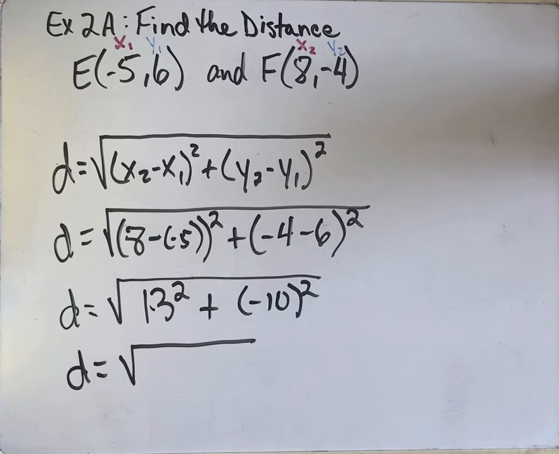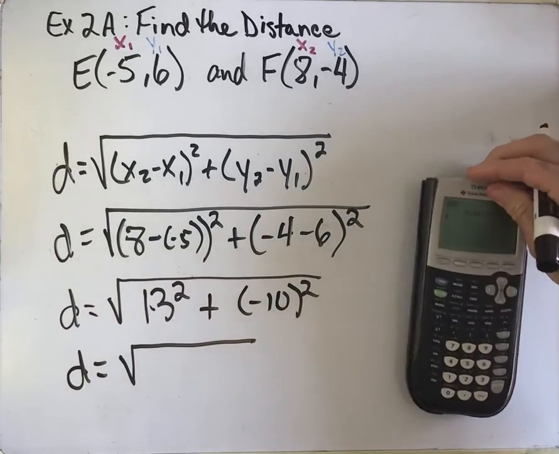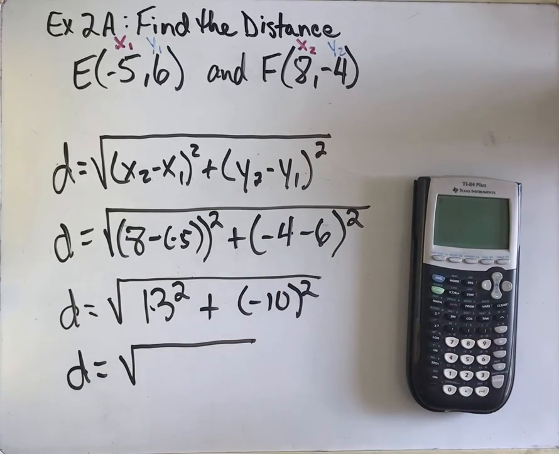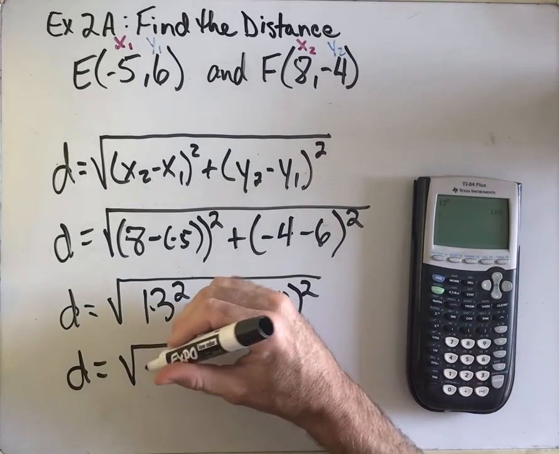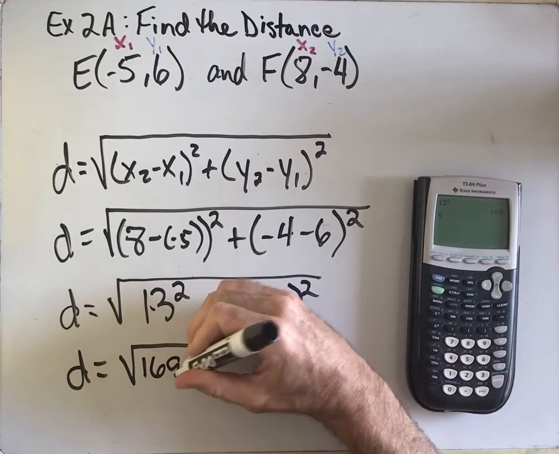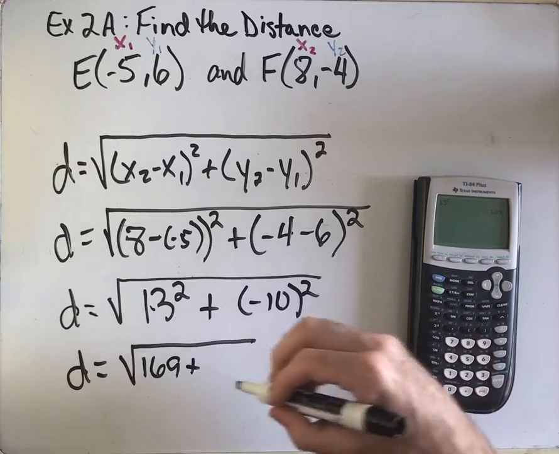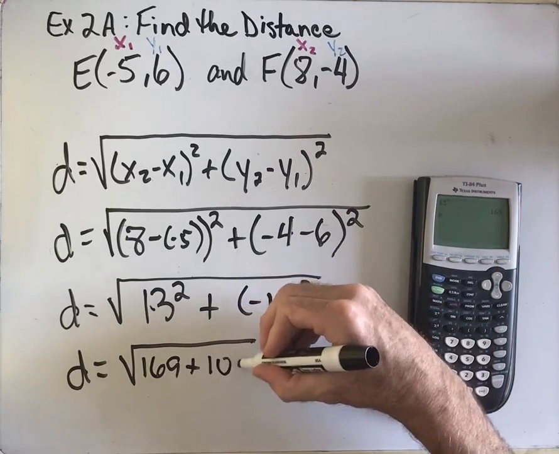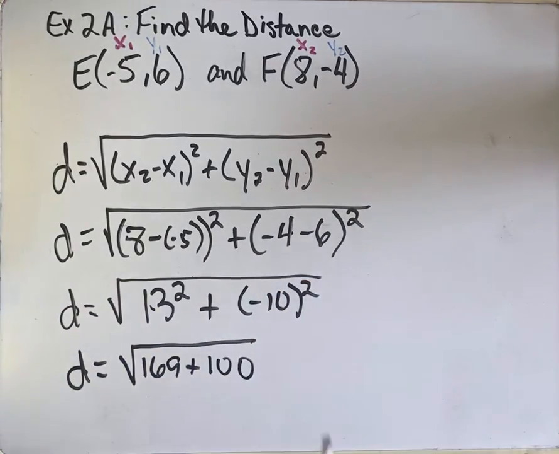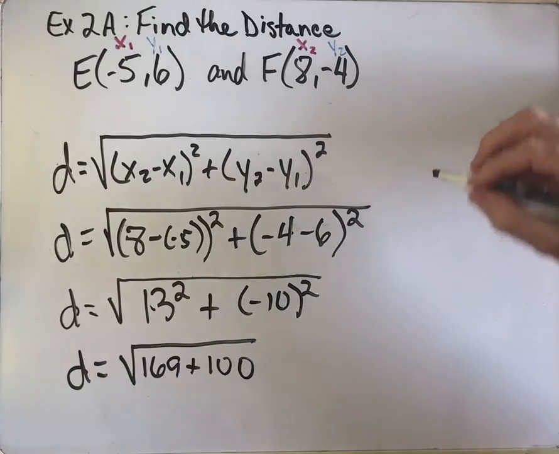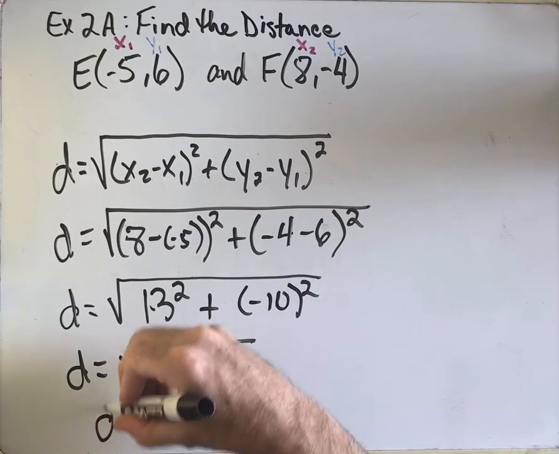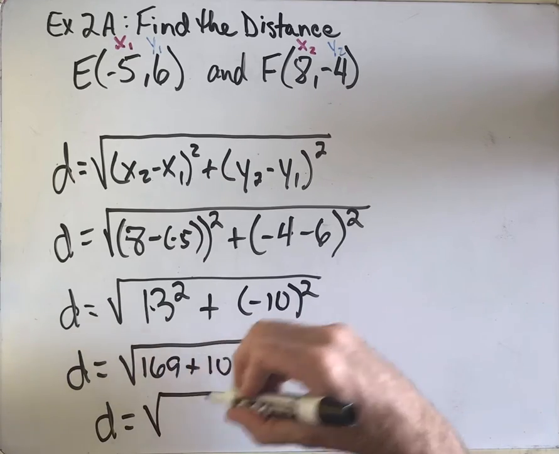All right, 13 squared. We can punch it into our calculator. So I'll put my calculator here so you can see, although I doubt you have a calculator that looks like mine. 13, and then I can just hit x squared here. 13 squared is going to be 169. Plus -10 squared, so -10 times -10 gives us a positive 100. Okay, so then we can combine these, right? So then we've got, and we'll just put it down here, d equals the square root of